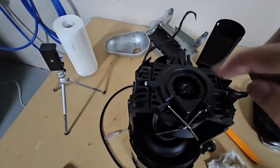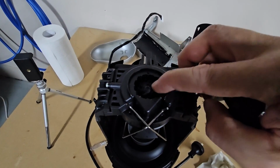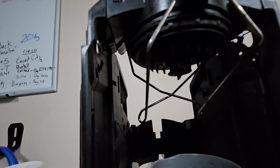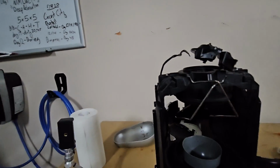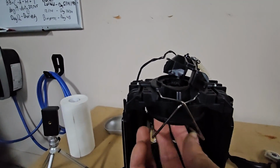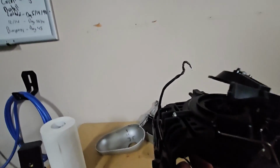Next, we'll undo this piece. So to undo this piece, this is actually screwed in to this piece down here. That piece there. So we have to use something so that you don't cut your fingers. Hold this piece down here while